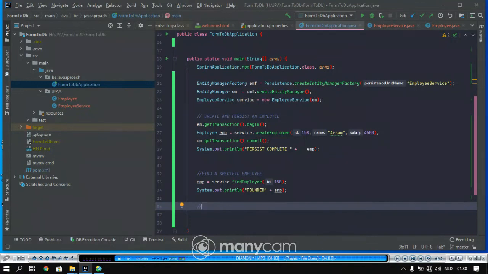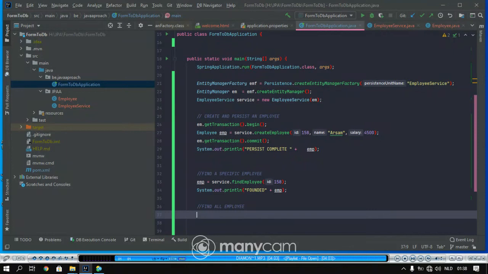You see, to find specific, for example, to create employee, to find employee, you see we have to code too much, and that's why we are going to use JPA methods and those things to write about 75% smaller piece of codes. Okay, and now find, let's say find all